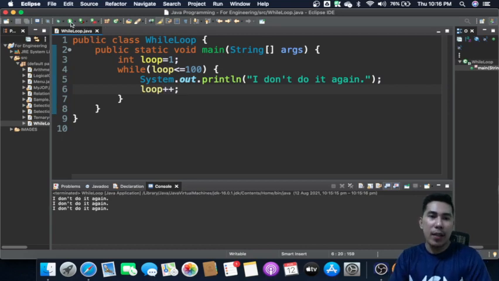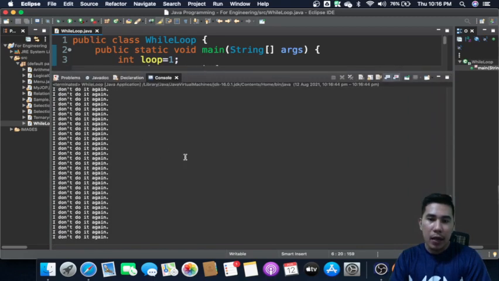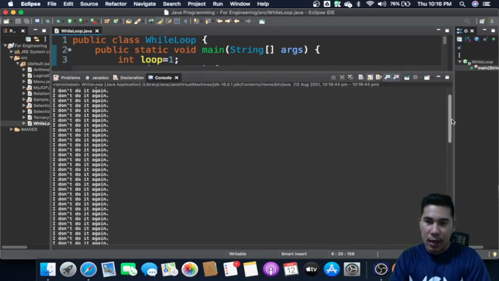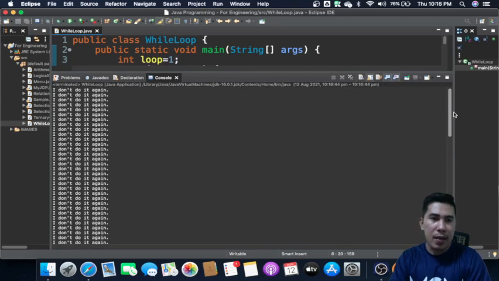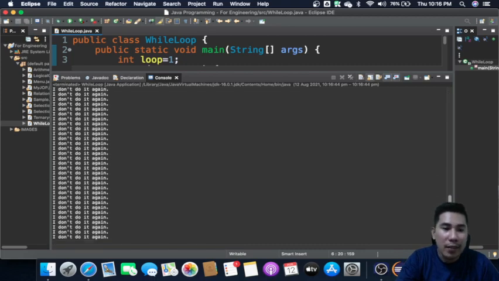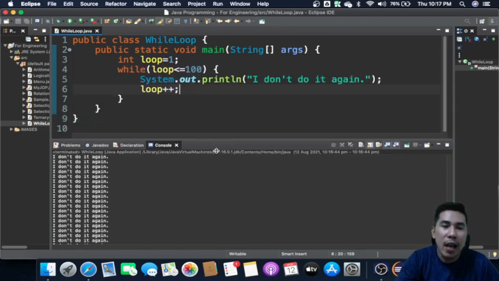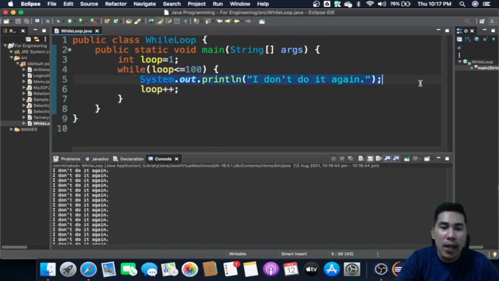Then let's try to run the program. It shows the repeated words "I don't do it again" 100 times by actually writing it just once.